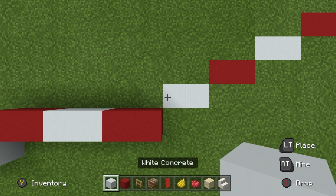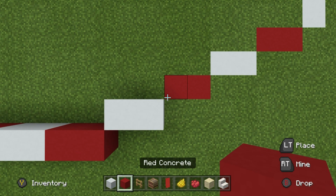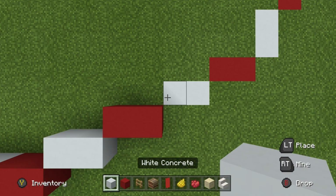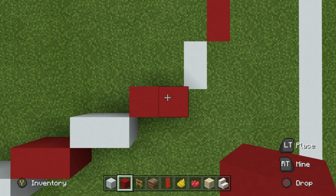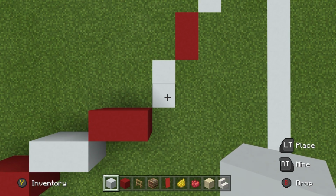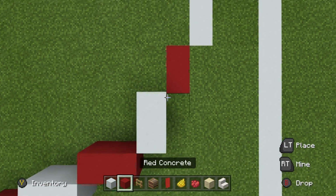Backwards and diagonally place 2 white concrete going right, and then backwards and diagonally 2 red concrete going right, and then again with the white concrete, and then again with red concrete. Now a little bit different, we're going to place white concrete backwards and diagonally to the right. However, we sort of want to go back as well, so we want to place 2 white concrete,